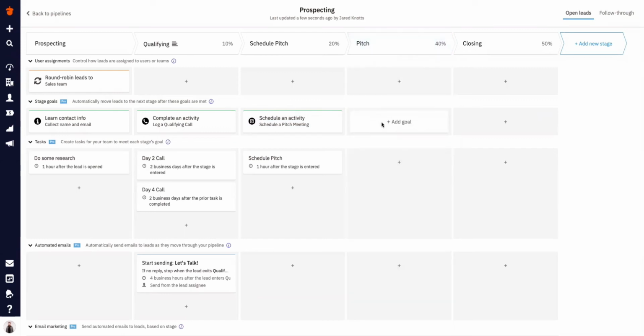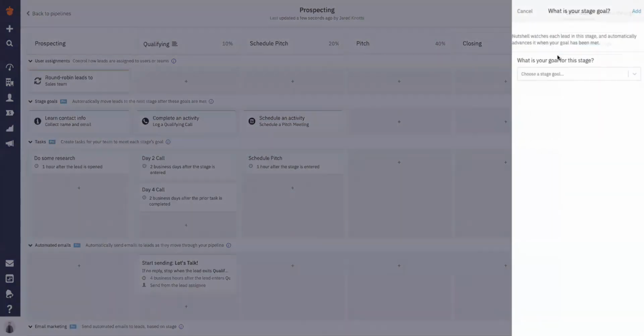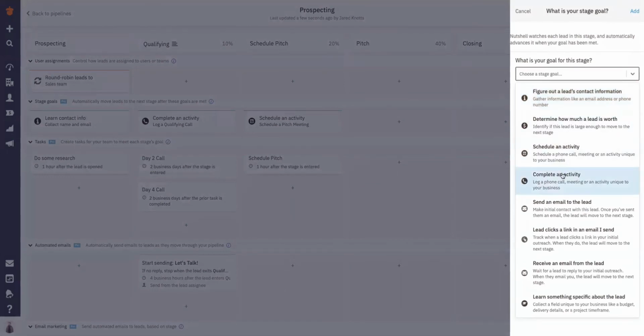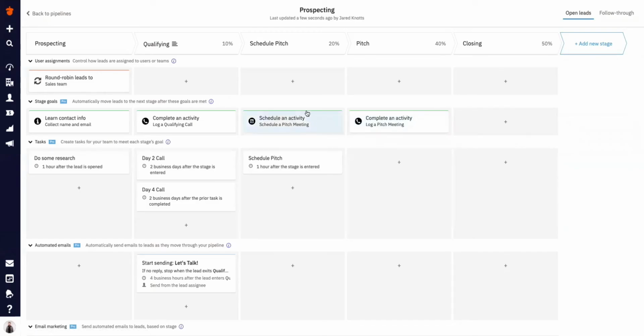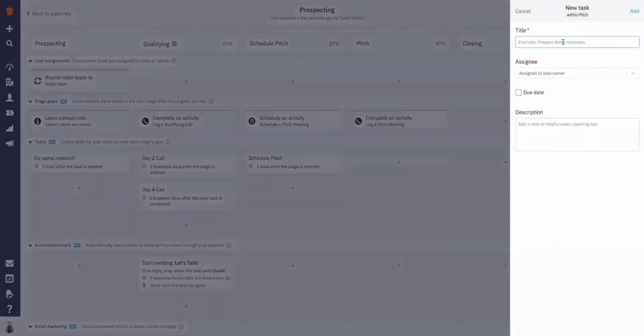Now for the pitch, our goal is to complete that activity. And the activity is the pitch meeting. Might have to scroll down here. There's our pitch meeting. I can add that. And so we get it scheduled, it moves it here. Our goal is to complete that pitch meeting, but maybe we need a task to prep